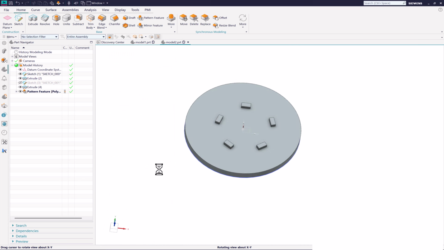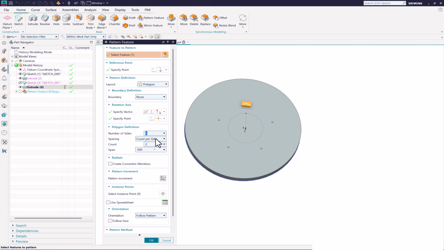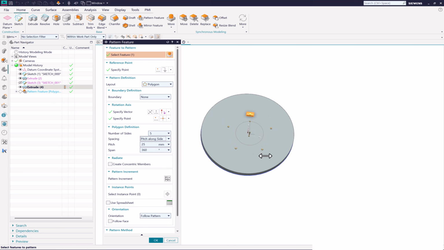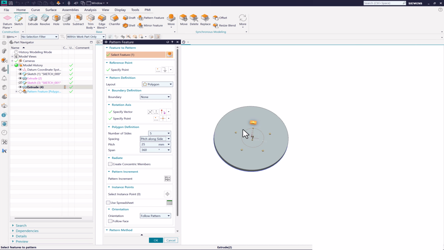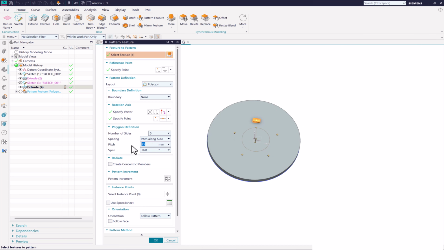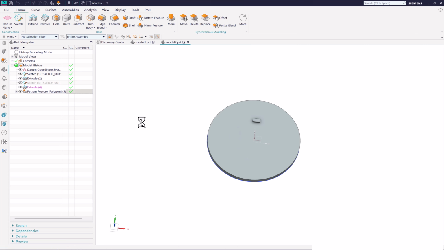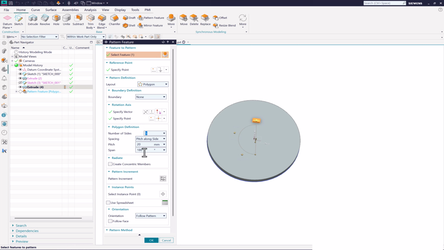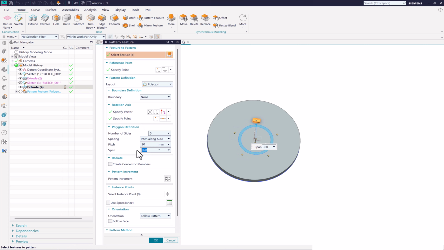So that is count per side method. You can change this to pitch along. So you can also control the pitch, like right now the gapping is 25-25. How much gapping you want to control in between them, that the gapping you can control. The total angle also you can control it. Okay. So I'll make only half accordingly. So I'll keep it 360 degree and define what pitch you require